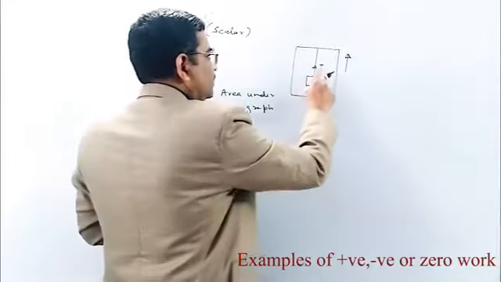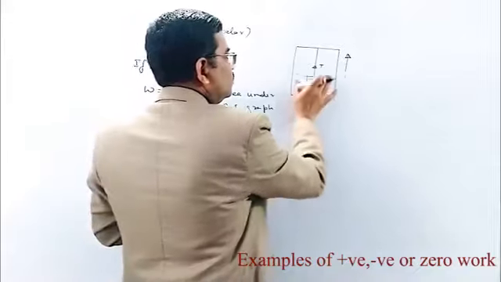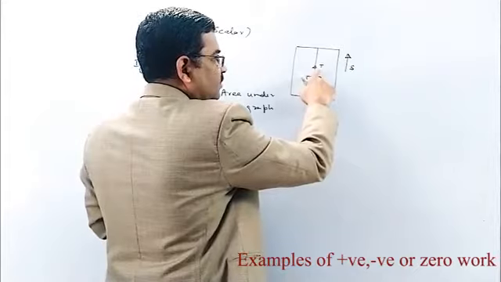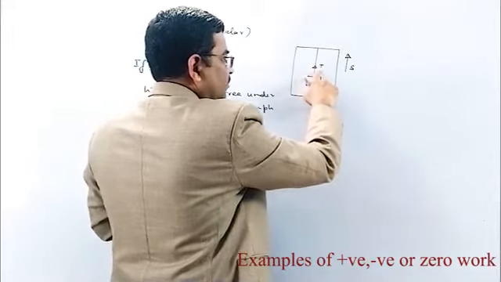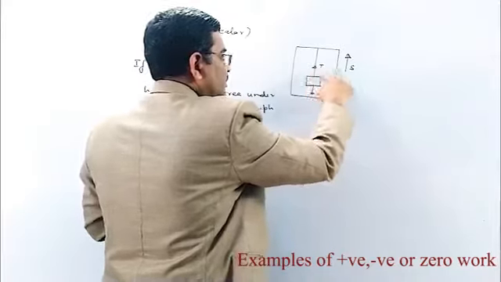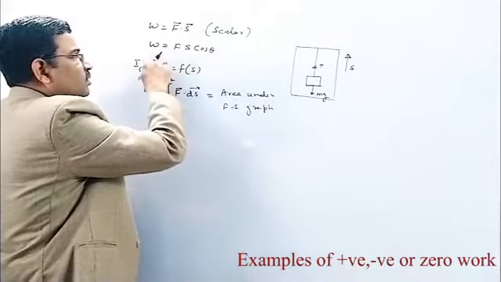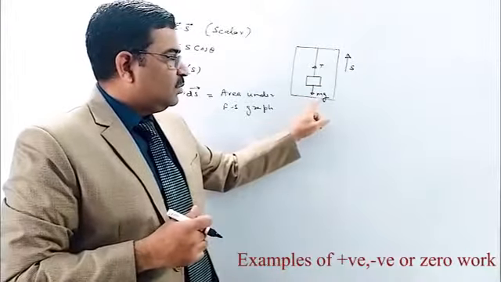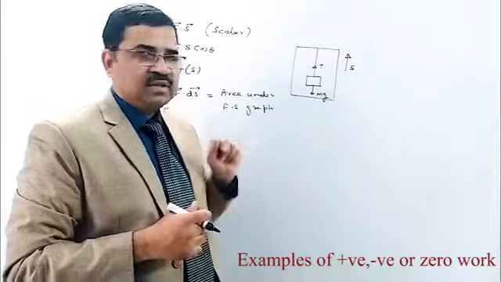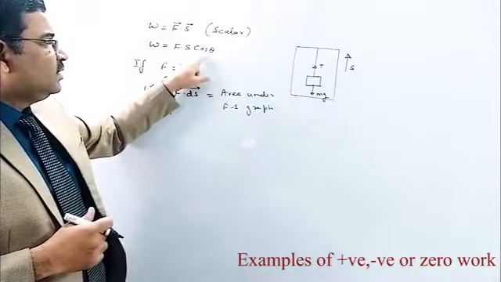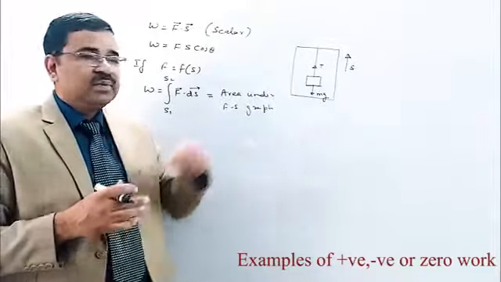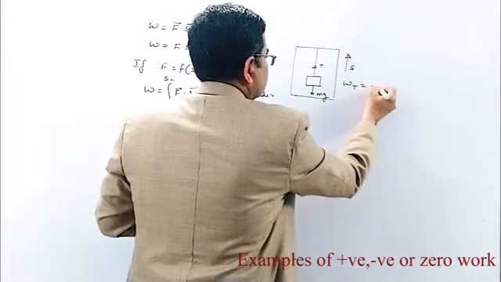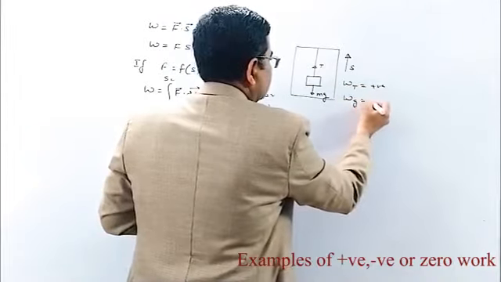So if I find the work done by the tension, now because the lift is going up, the displacement is upward. The angle between the tension and the displacement is 0 degrees. If I put 0 here, then work done will be positive. And if you find the work done by gravity, then the angle between gravity and displacement is 180 degrees. If I put 180 degrees, then cos 180 is negative. So work done by gravity will be negative. In this particular case, work done by tension is positive, whereas the work done by gravity is negative.